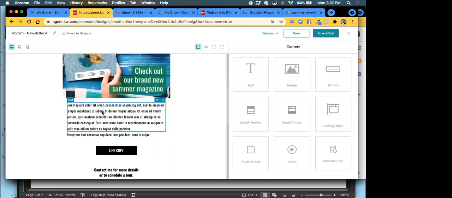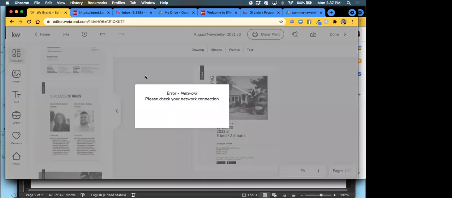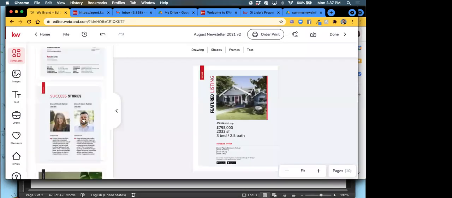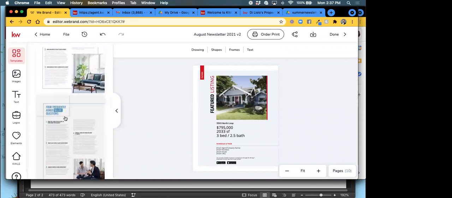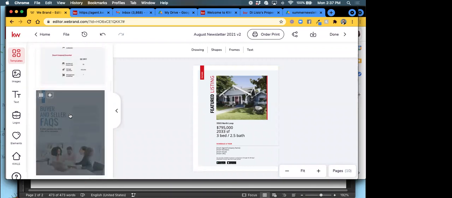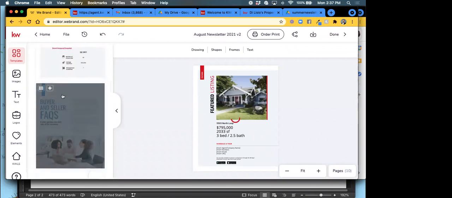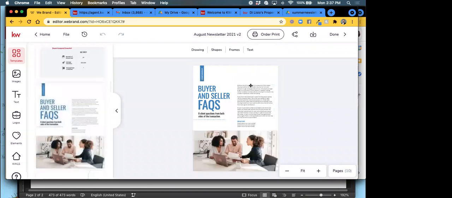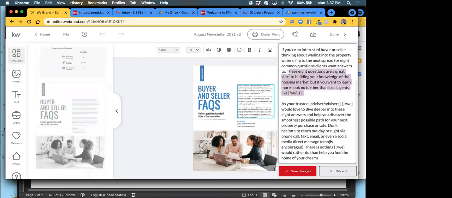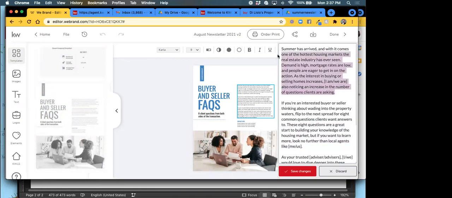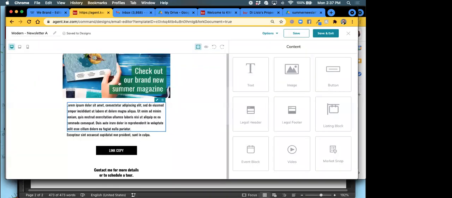Now you can write your own blurb if you would like. On here, what I generally do is just take the first paragraph from one of these that seems pretty good. I think I used this one last time, so I'm just going to take some of the text that they gave me just by using that typewriter tool again, coming up here, and I'll just grab this first paragraph up here, "Summer has arrived," and copy that,